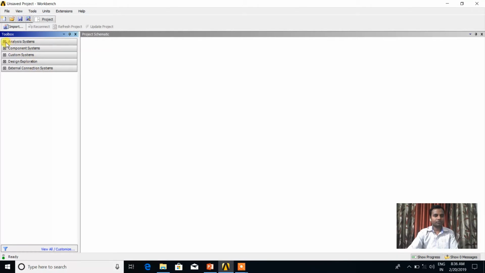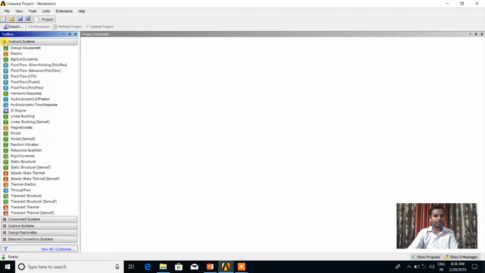First of all, expand the analysis system, and you can check the types of analysis which can be carried out in ANSYS Workbench. We can see here the design assessment, electric, explicit dynamic, fluid flow in Polyflow, CFX and Fluent, which is nothing but CFD analysis.